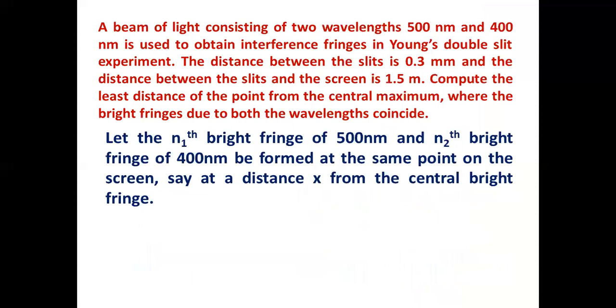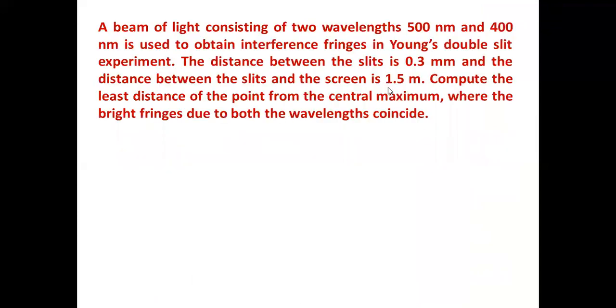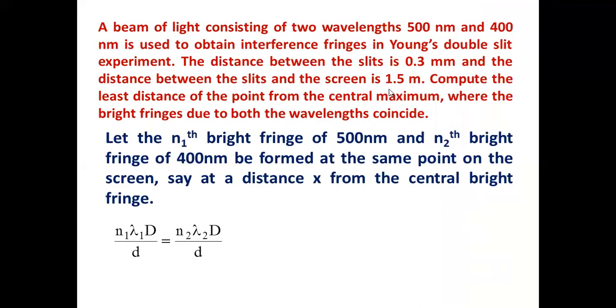If you look into the previous explanation, here. What is the distance between third fringe of both? 1, 2, 3. This is the third bright fringe of blue. What is the third bright fringe of red? 1, 2, 3. Here. What is the distance between this third, red third, and blue third? What you can do? Find out 3 beta for this, 3 beta for this, subtract. You will get the distance between the third bright fringes. That is the aim now.